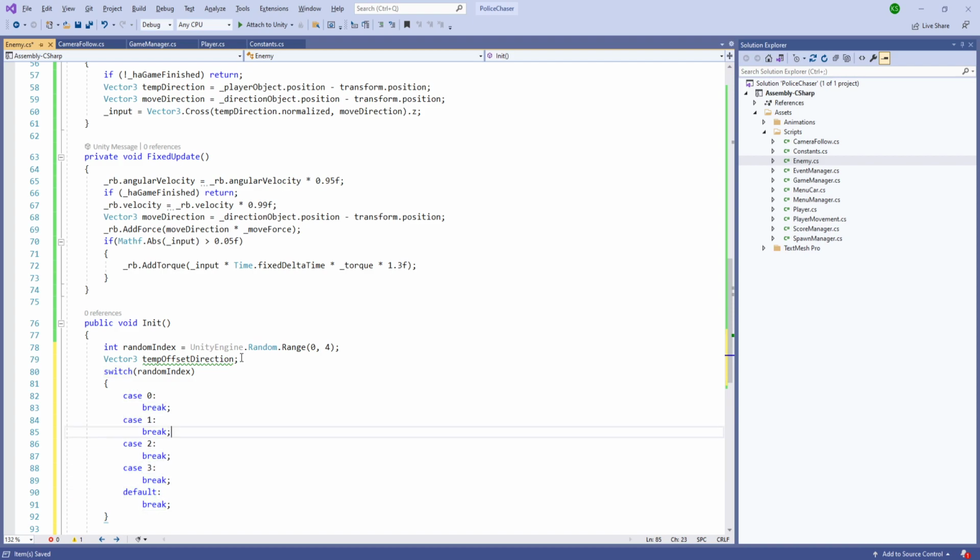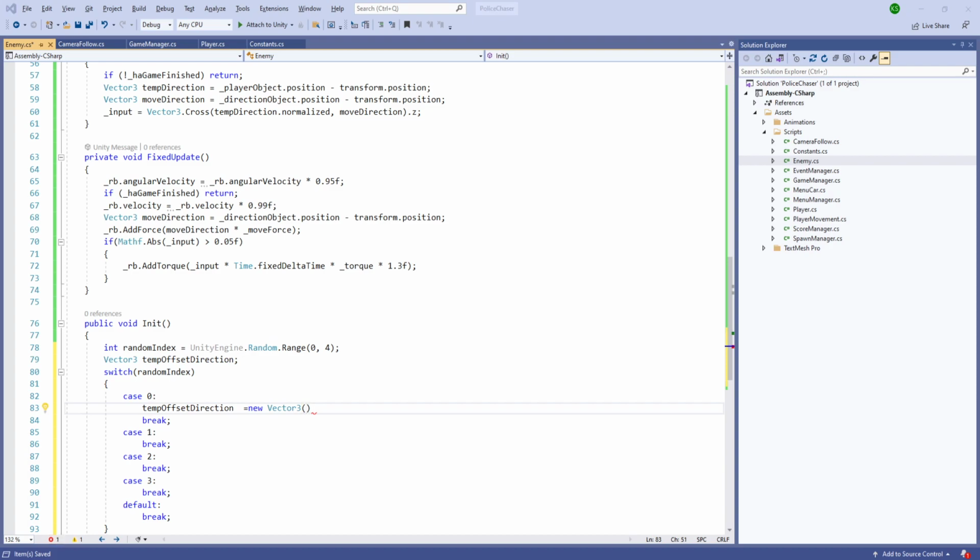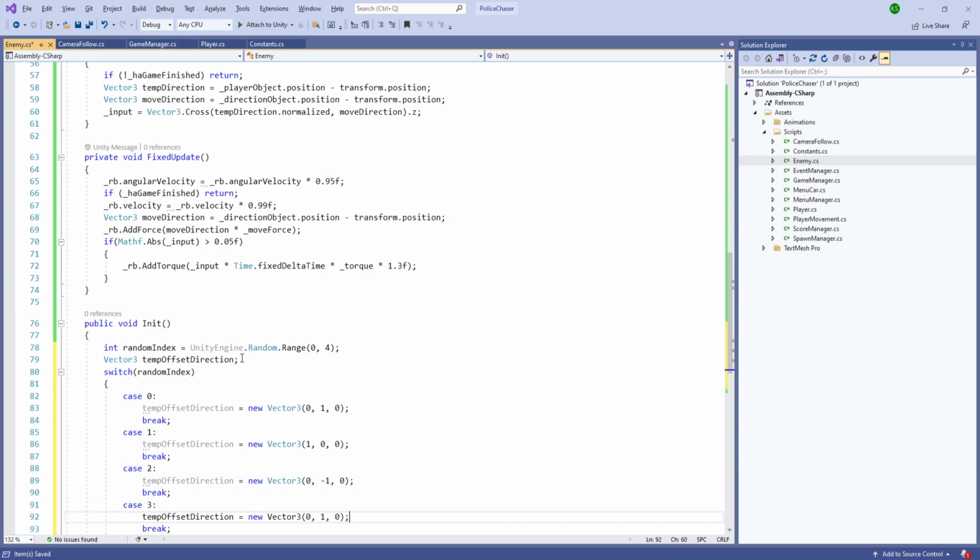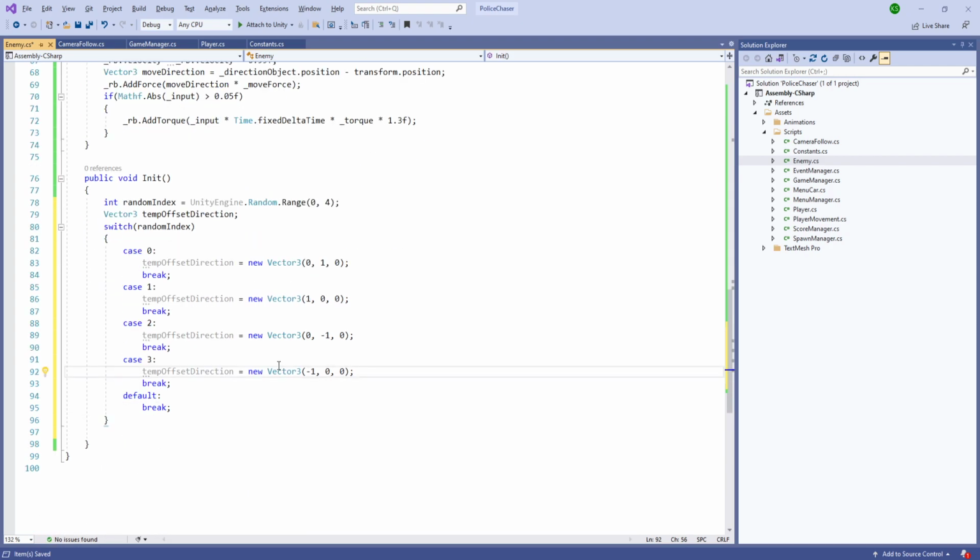and then break. And for the case 0, temp offset direction is equals to new vector 3, and we are going in the up direction, and we'll copy paste it multiple times. And for the right, we are going in the right direction. This one is the bottom direction, and the last one is the left direction, so which is the -1. And after having, let's just set it to 0, so if it was something else, and we'll set the transform